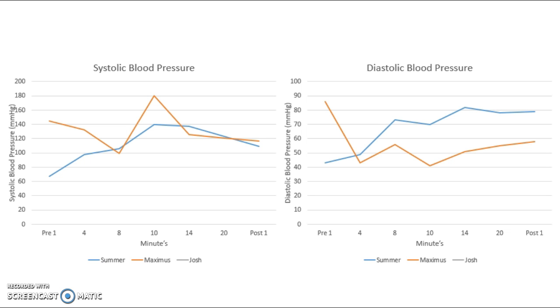Despite this, her blood pressure at the start and throughout the exercise isn't how it normally is, as hers starts at around 85, whereas it normally starts around 130 and increases from there. However, Max's starts at 145, which is normal, but instead of increasing, it decreases quite drastically by 45 in 8 minutes. After this, in the next 2 minutes, his blood pressure increases by 80.